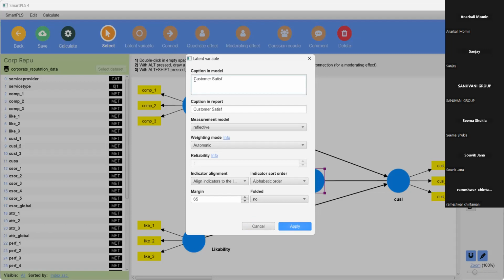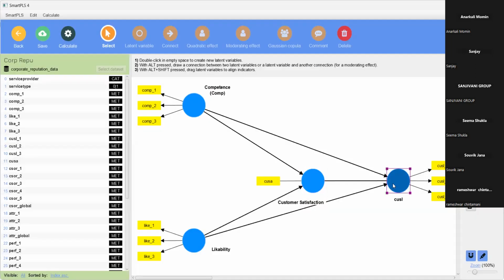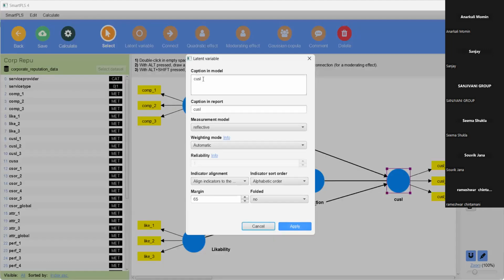That is action. And here it is, you can make it as CUSA as before for your reports, and click on apply. And CUSL similarly, you can make it as customer loyalty. So it will be very clear to anybody who is going to see